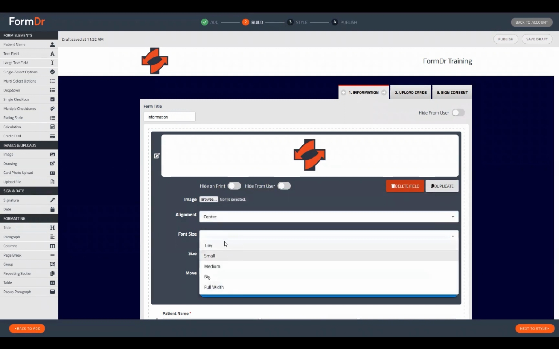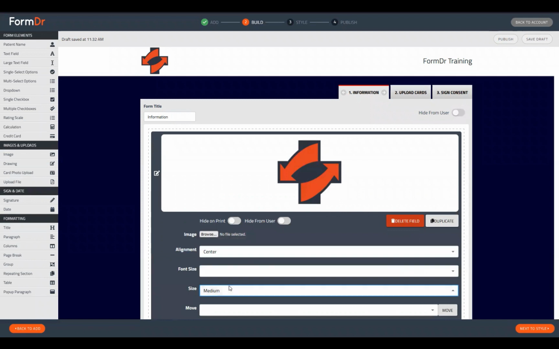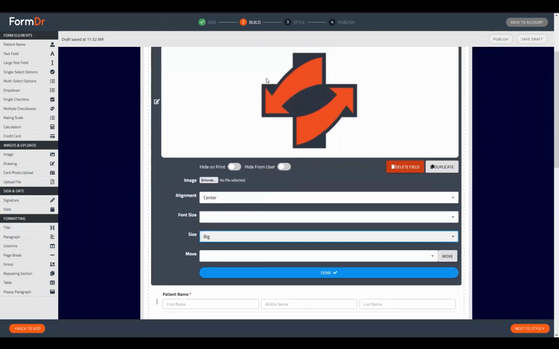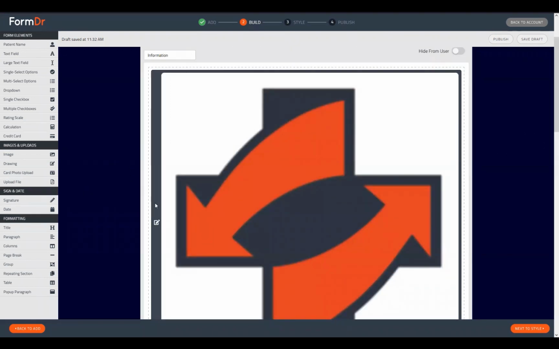But with the sizing, you'll have options of tiny, small, medium, big, and full width. Depending on the size of the image that you've uploaded, these may differ just a little bit in terms of how they look, so you may need to adjust the sizing to make something look a little bit nicer. But if you do want something to take up that entire area of the form or whatever space it has been given, so if this widget is within a